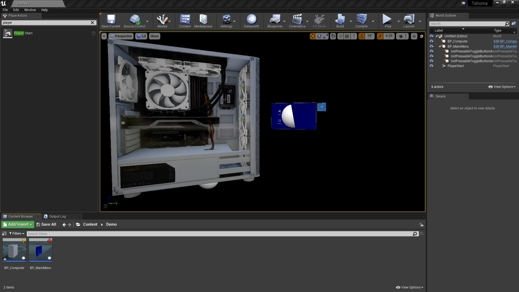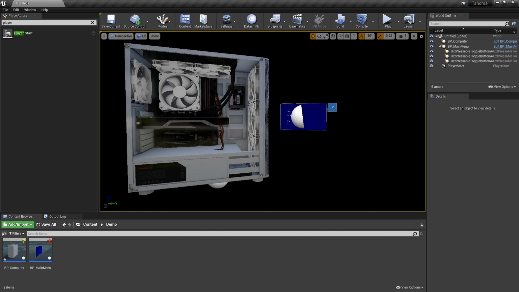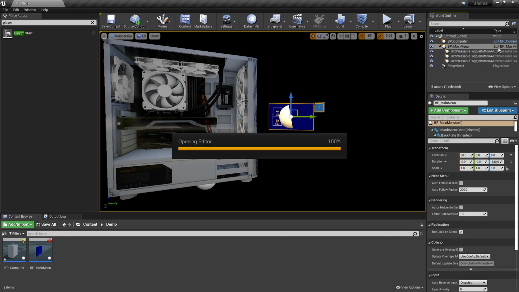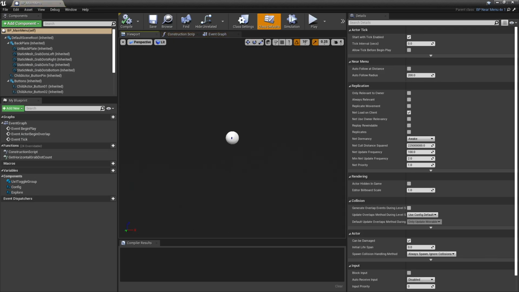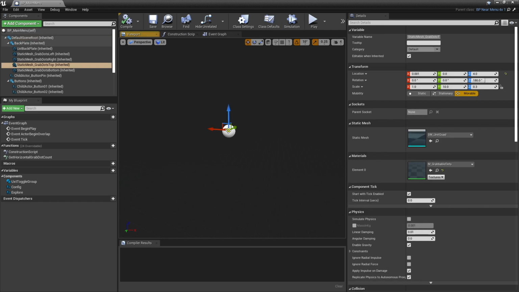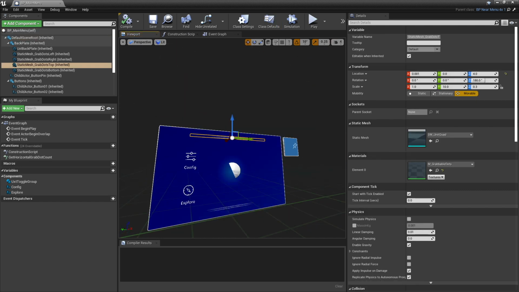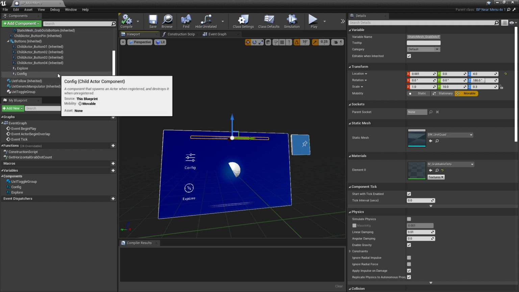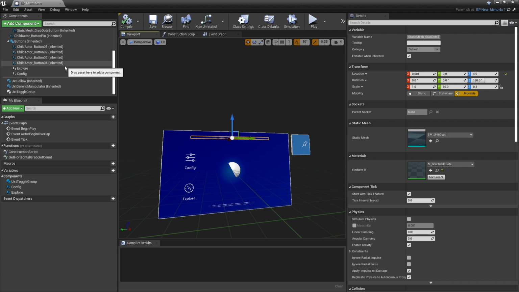Now that we have two buttons to drive the tabs of our menu, let's go about actually creating the tabs. To do this, let's look back at the main menu. We could just throw all the UI components into this blueprint, but it might explode in size pretty quickly and get out of hand. So what we're going to do is create another child blueprint that's going to act as the first tab, and then another child blueprint which is going to act as the second tab.